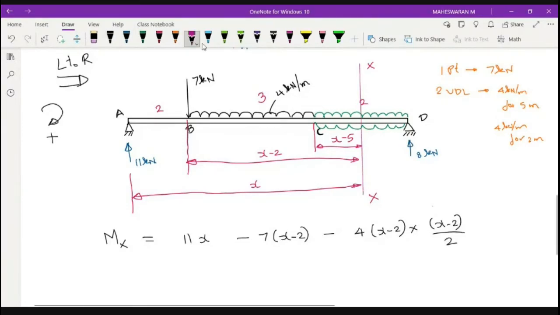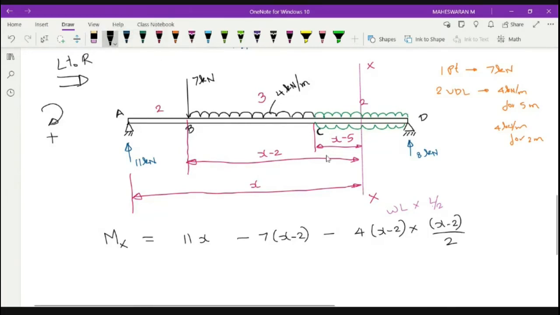So what is this? It is nothing but W into L into L by 2. That concept. So L is nothing but x minus 2 by 2, where W is 4. So 4 into (x minus 2) into (x minus 2) by 2. This is the force which is rotating anti-clockwise, so that is negative. So these are the two things. Next